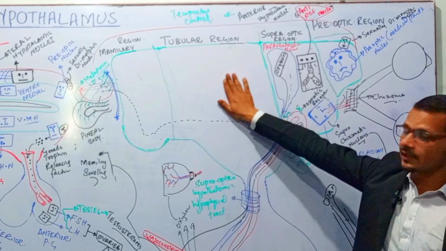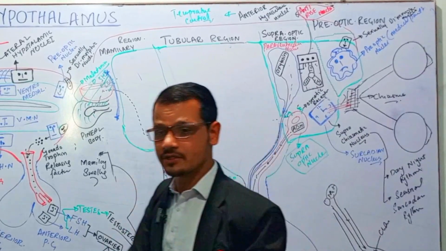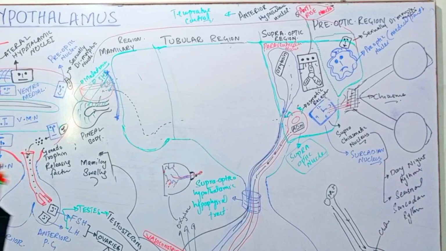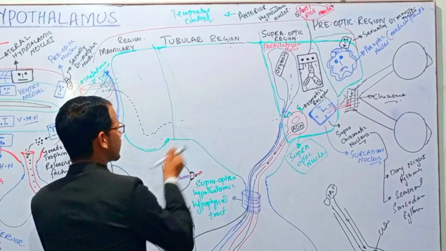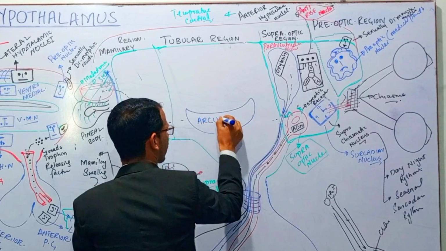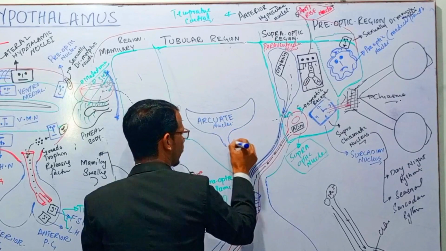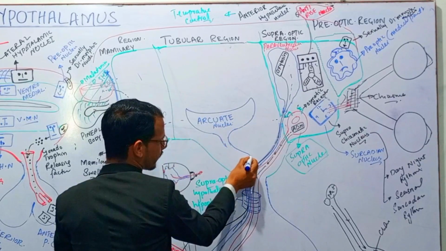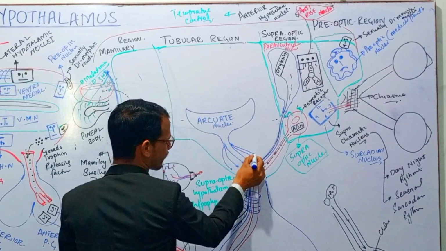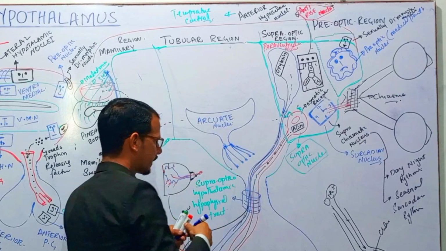The next we have tubular region, and in tubular region we have a very important nuclei, which is the most important nuclei in this hypothalamus, which is called arcuate nuclei. Arcuate, for example, this is arcuate nuclei, but the fibers coming from this nucleus are ending in this median eminence, and from here these